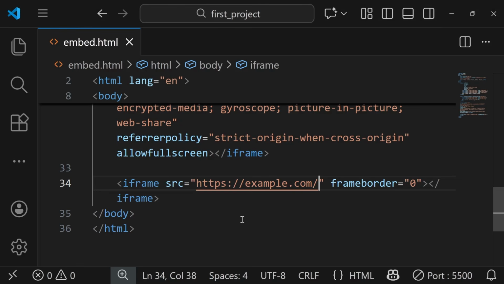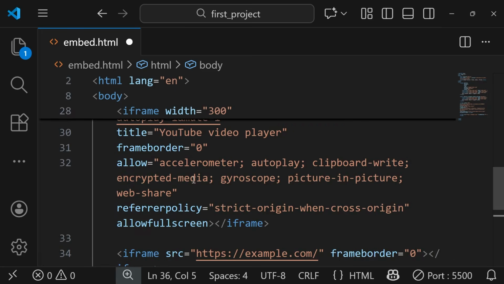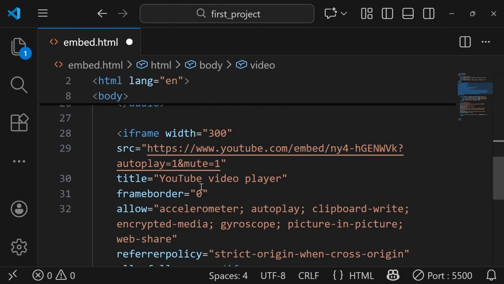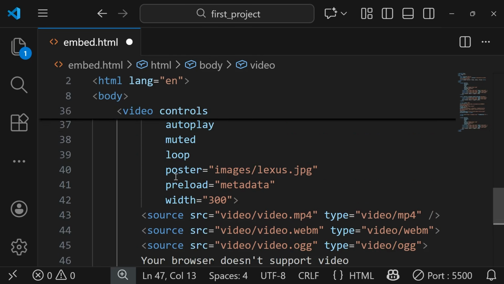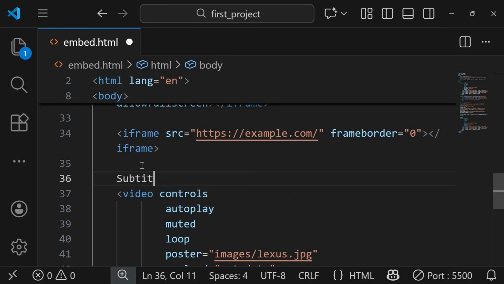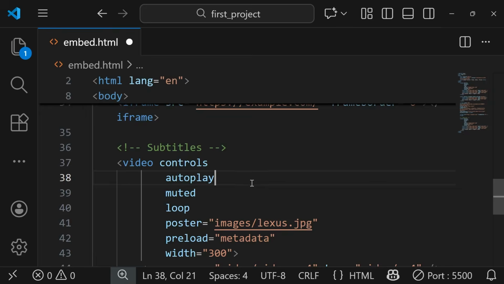Okay, and the last thing I want to show to you is to have a video with subtitles. I don't have subtitles prepared. I just want to show you, if you have subtitles, how you can do this. For this, I'm going to copy this video element and paste this down, and let's give it a comment, subtitles, and we're going to remove this autoplay,